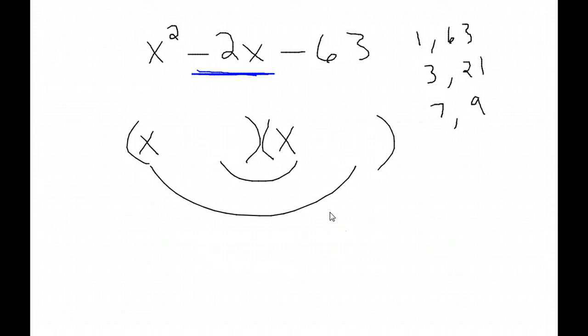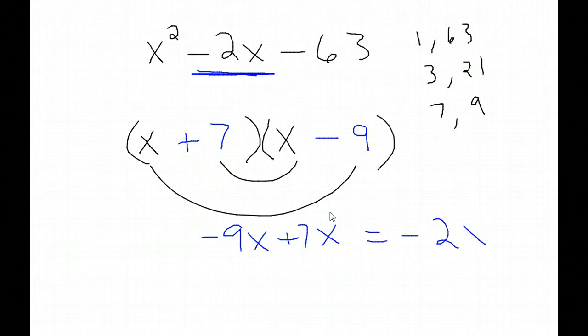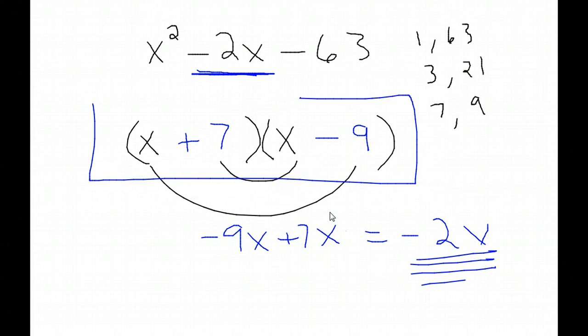Now I would try another combination. So let's say that I'm going to try a plus 7 minus 9. Again, I'm going to check my O and my I. My O gives me minus 9x. My I gives me plus 7x. Together that's a minus 2x. Okay, that is the correct answer, which means what I have here is the way that you would factor that